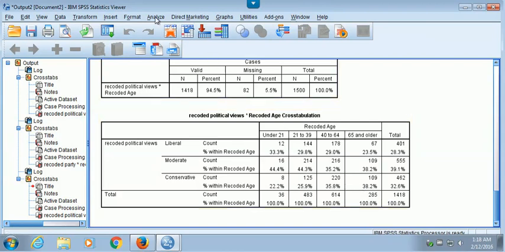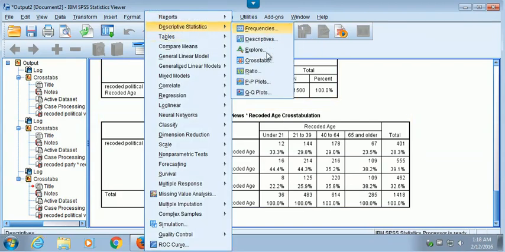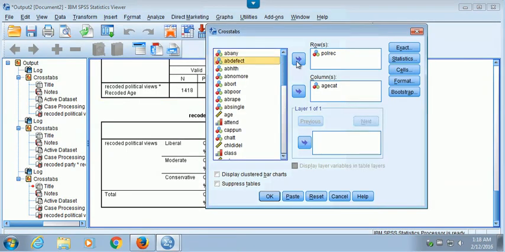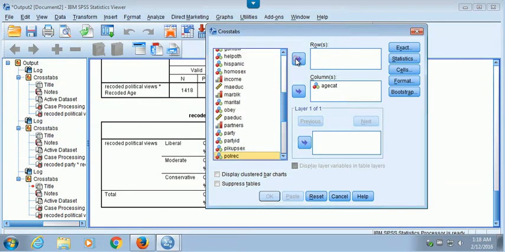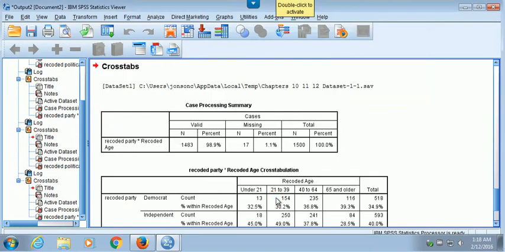Again, what the book wants you to do in 11.4 is come to crosstabs. Sorry, it's going really slow for some reason. Go to crosstabs, and instead of having political views, actually go to party. And so to see if people identify as Republican, Democrat, independent, or other. And what you will see when we scroll down here is,